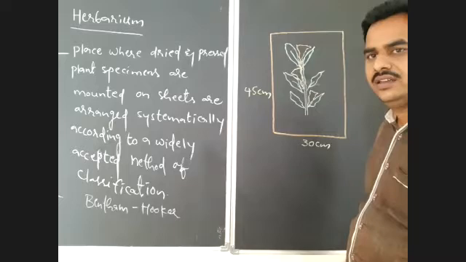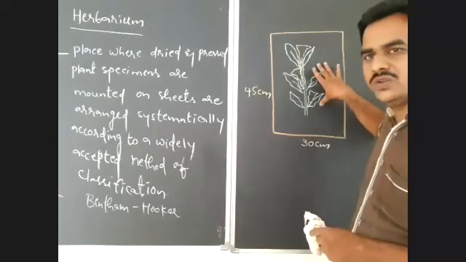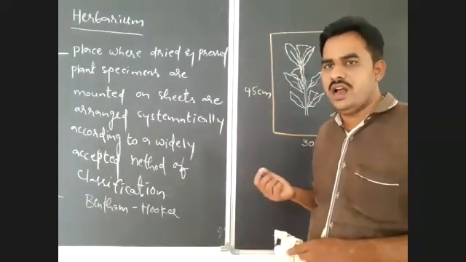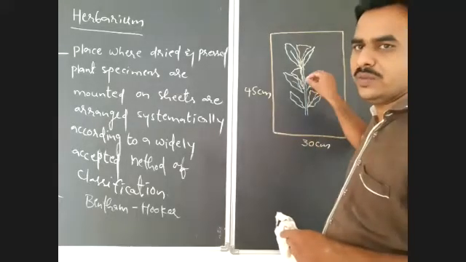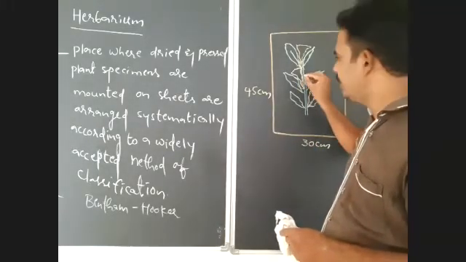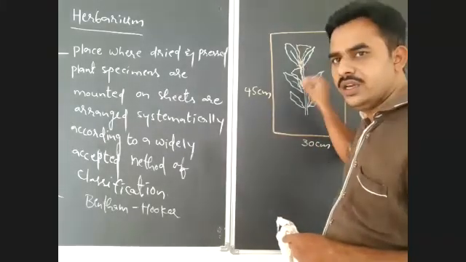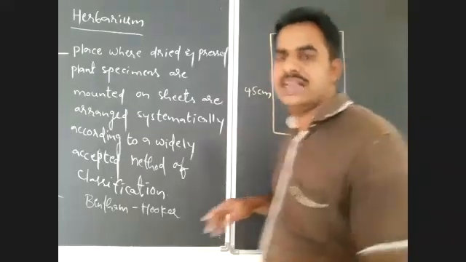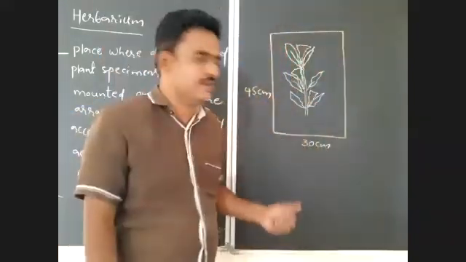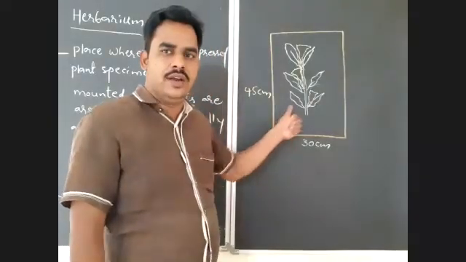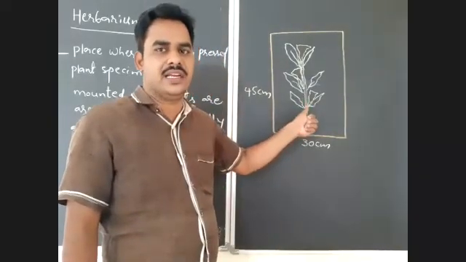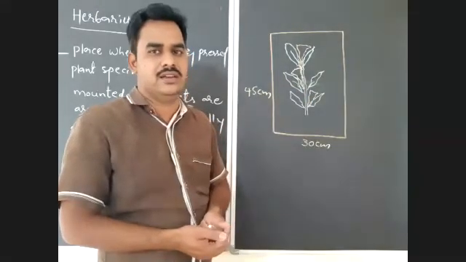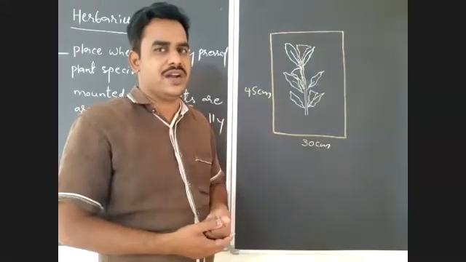After that, that will be pasted by using any gum or adhesive substance, or with the help of thread also you may tag this. By making holes on either side, you will tightly tag this plant specimen on the herbarium sheet. It is the herbarium sheet. Now the pressed and dried plant material is pasted on the herbarium sheet, right? After this, what do you have to do?